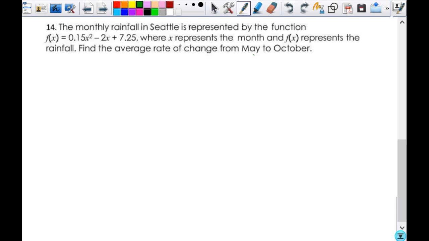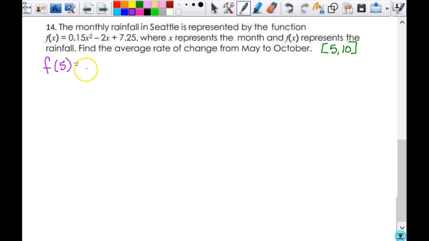So my numbers can't change. From May to October, it's 5 months there, so it's not from 1 to 5, because then it would be the same as from January to May, and that doesn't make any sense. So May is the 5th month, October is the 10th month, so my interval is 5 to 10. So that means I have to find f of 5,